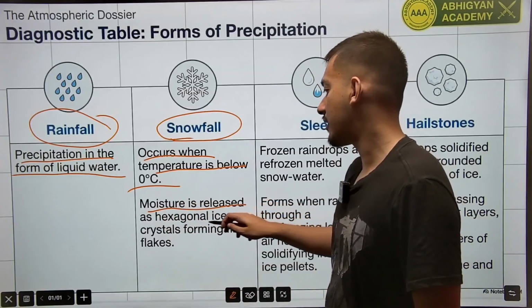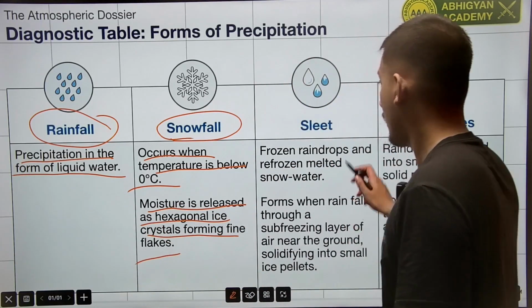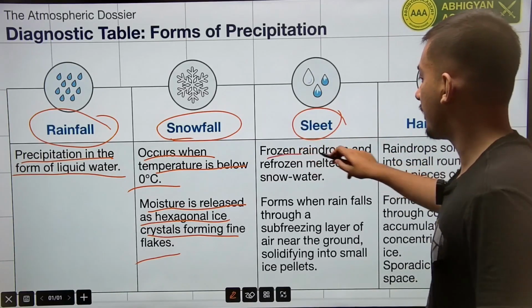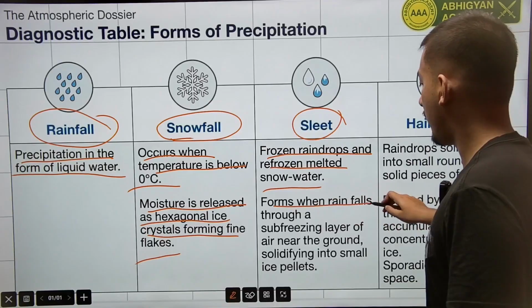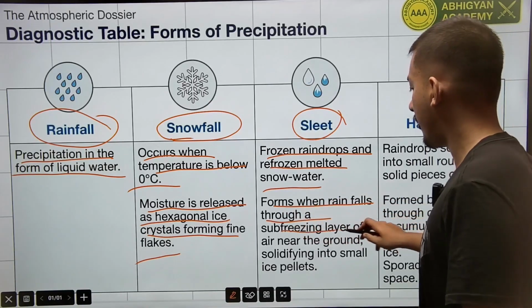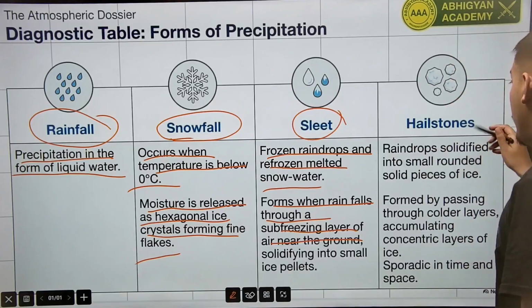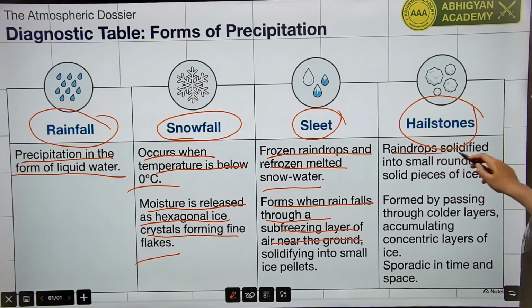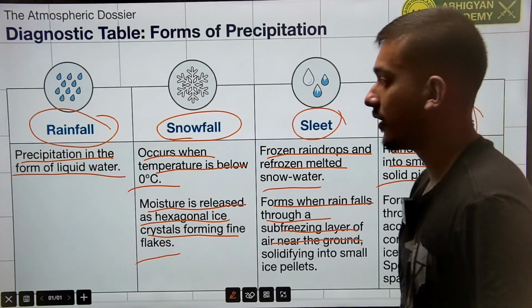Moisture is released as hexagonal ice crystals forming fine flakes. We have sleet, frozen raindrops and refrozen melted snow water. It forms when rain falls through a sub-freezing layer of air near the ground, right? Finally, we have hailstones. Raindrops solidified into small, rounded, solid pieces of ice.